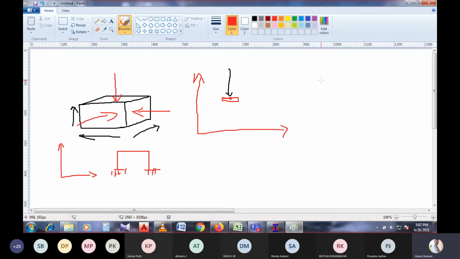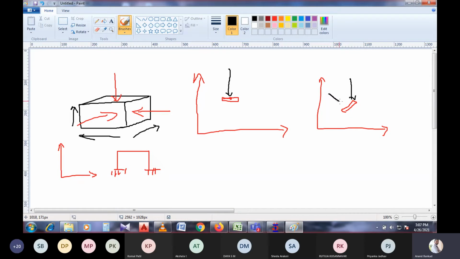In the same case, for the x and y directions, if we have a member like this and the load acts in this manner, again it is considered globally acted, the global y direction.